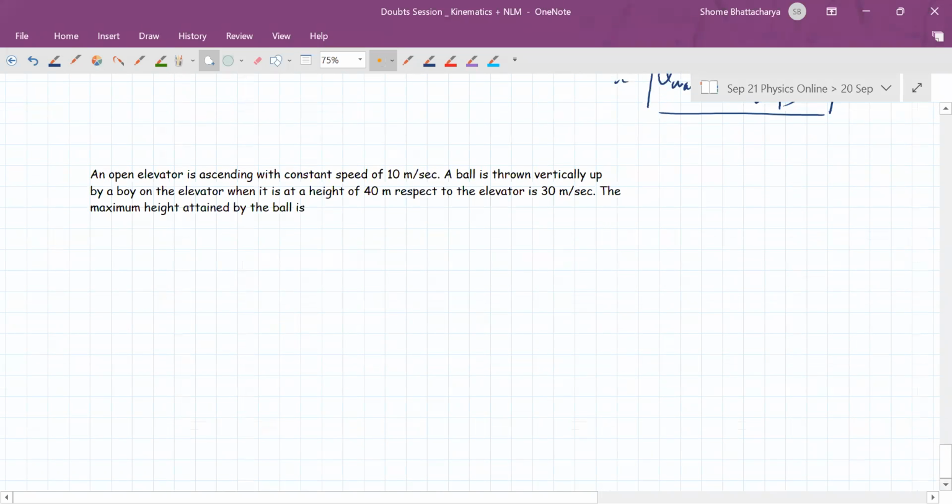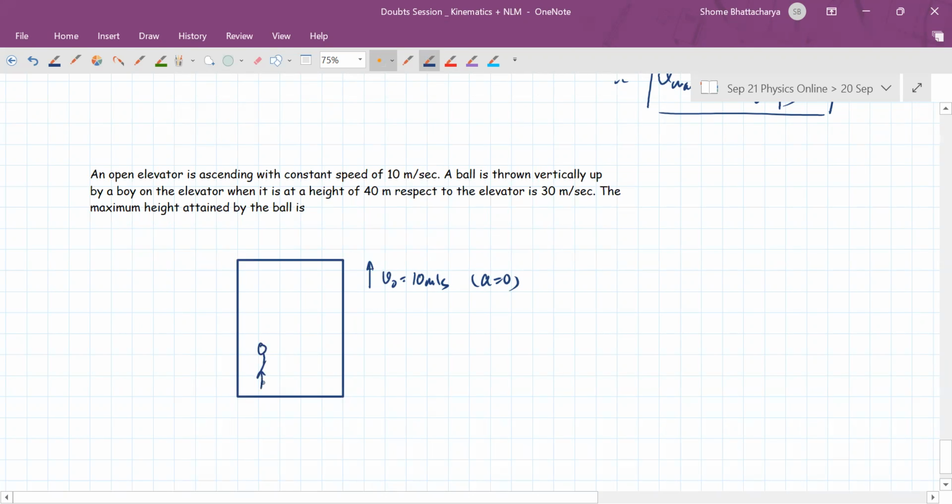So the elevator is ascending at a constant speed of 10 meters per second. So ascending means it's going up. A constant speed of 10 meters per second, so its acceleration is 0. Now a ball is thrown vertically upwards by a boy in the elevator. It should be rather than on the elevator. Anyway,